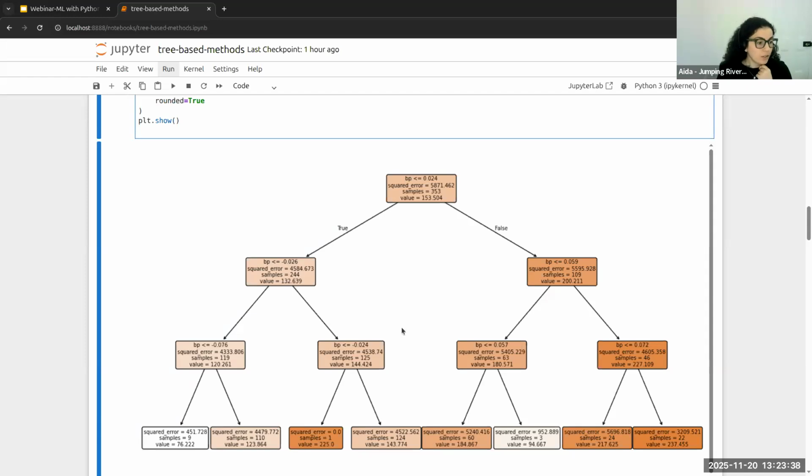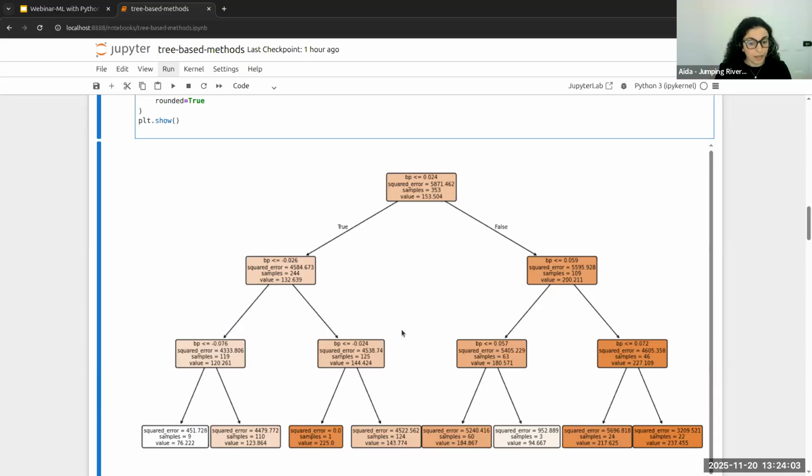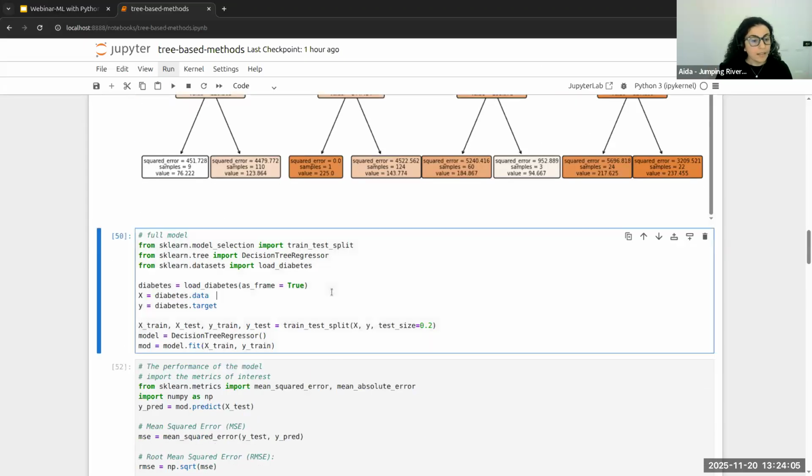Now, this is just for illustration purposes, right? Because I just wanted to show how the tree is fitted and what it looks like. But in a real world example, we don't have just one single variable to be fitted into the tree. We have a set of variables which build the predictor space. And on the other side, I have the response variable, which is a continuous variable. And so this is what I'm going to do now.